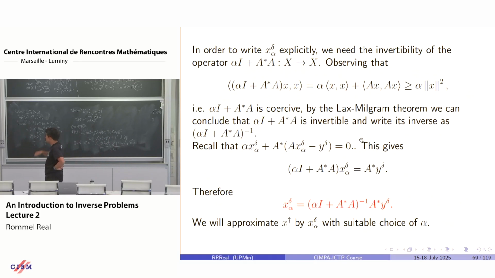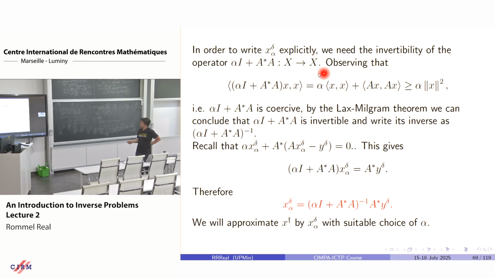And in fact, if we write x sub alpha delta explicitly, we need the invertibility of the operator alpha I plus A star A, which as you can see is a mapping from X to X. And then we use the Lax-Milgram theorem here. We'll not go into details on that one. The point is that by the Lax-Milgram theorem,